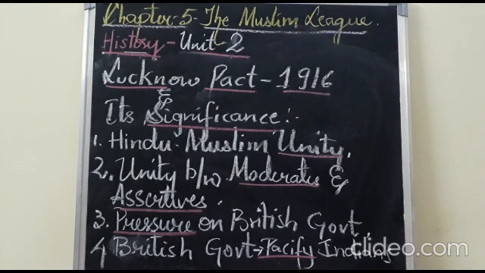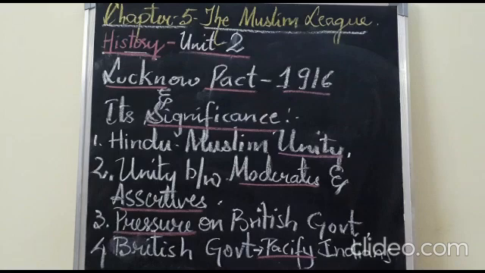The second, it brought about a unity between the early nationalists and the later nationalists, or a unity between the moderates and the assertives, that is, in Congress. The Lucknow session and the signing of the Lucknow Pact brought the unity between assertive nationalists and the early nationalists. After the Surat split of 1907, both the factions of the Congress were moving in different directions, but now they came together. As a result, the Congress was strengthened.